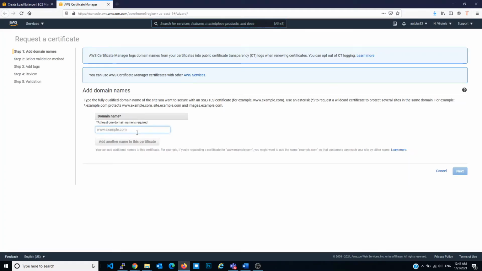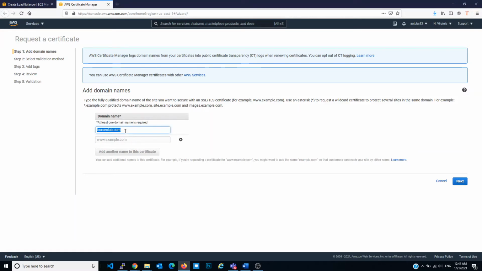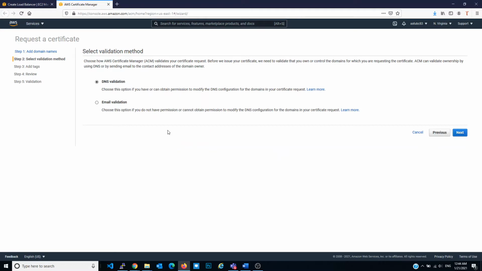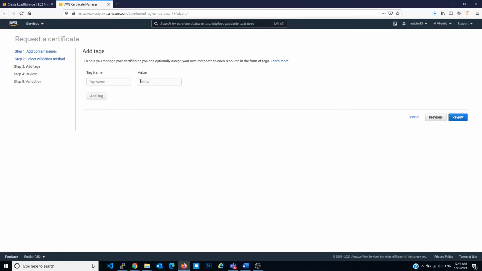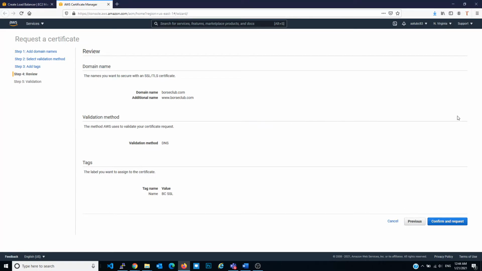Now, what is the domain name? It's borsaclub.com. DNS validation. Next, name: Borsa Club SSL. Review,